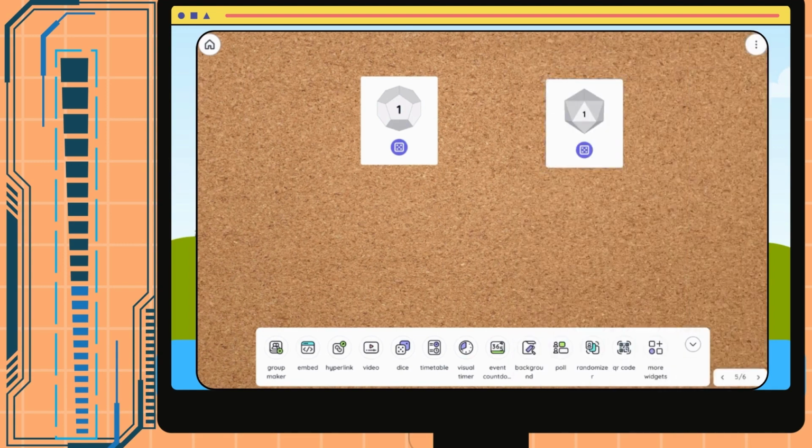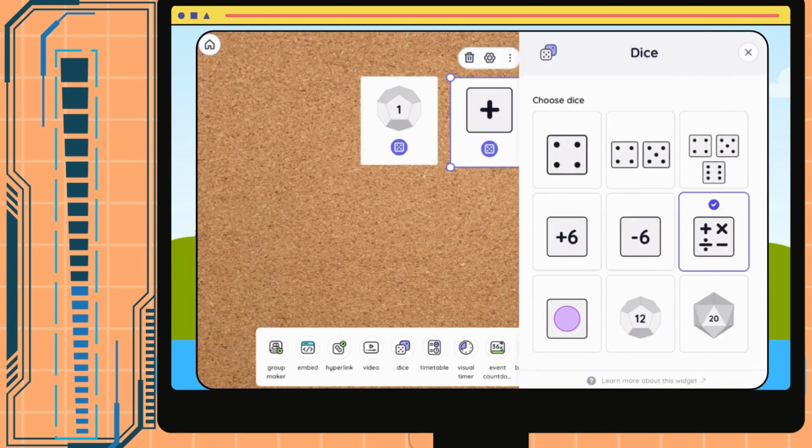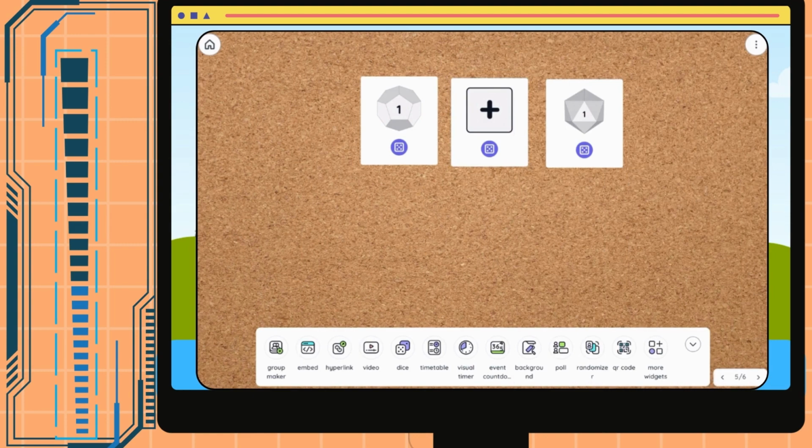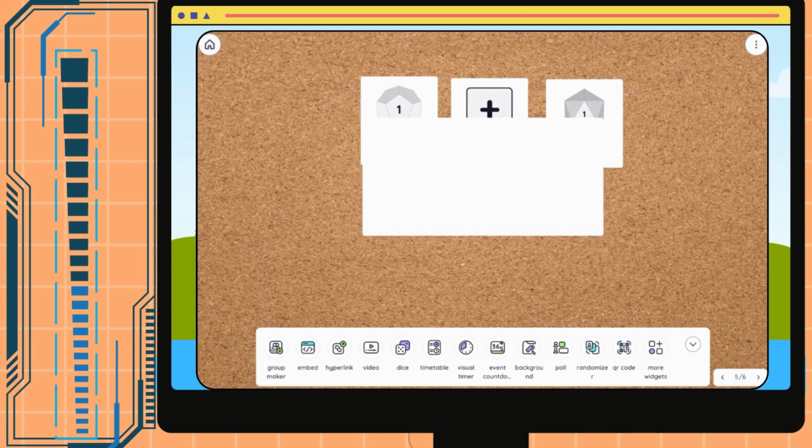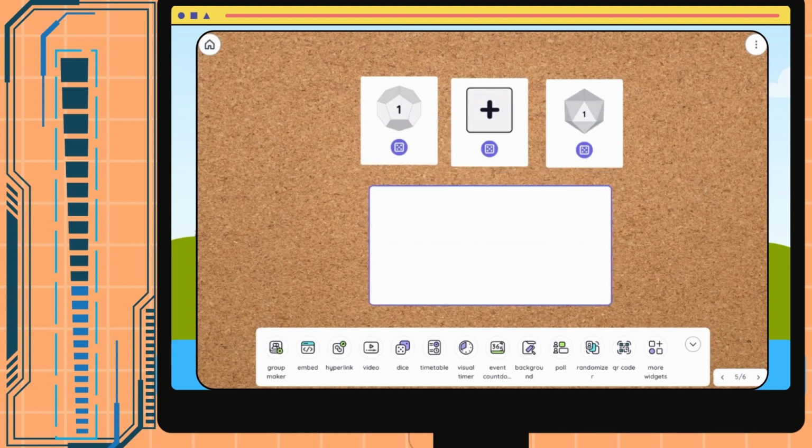And I am going to go ahead and add a third, which will be my operations die. Now let me go ahead and change that. Now this is great for students who are practicing math skills on the interactive board. And let's say we are going to add another widget so the students may interact. Go ahead and click and drag this down where the students can actually work out the operation. Now let me select my operation. They will be dividing